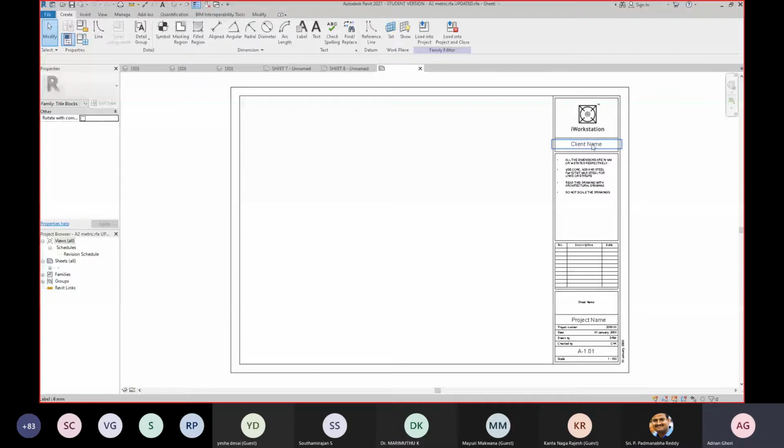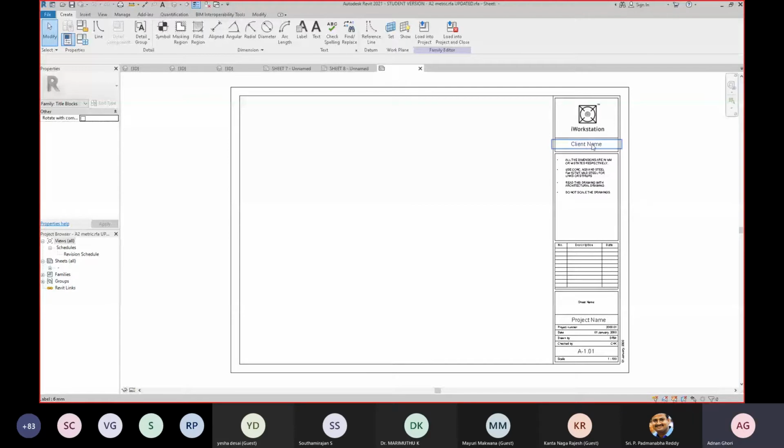And in the sheet itself, you have dragged certain elements. Firstly, I'll show you a sheet which is for foundation and column layout. In this foundation and column layout, you can see different views which have been extracted.